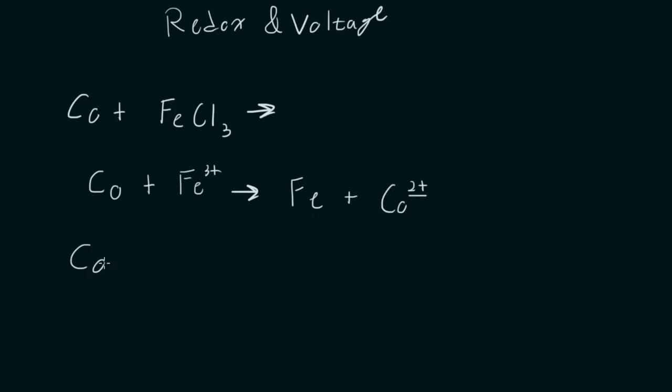It's going to be cobalt. And in order to become cobalt 2+, it needs to give away 2 electrons. It needs to get rid of some of that charge. Okay? And so this is going to be my oxidation reaction. All right? So we know that this is going to be the reaction where I'm going to have to flip